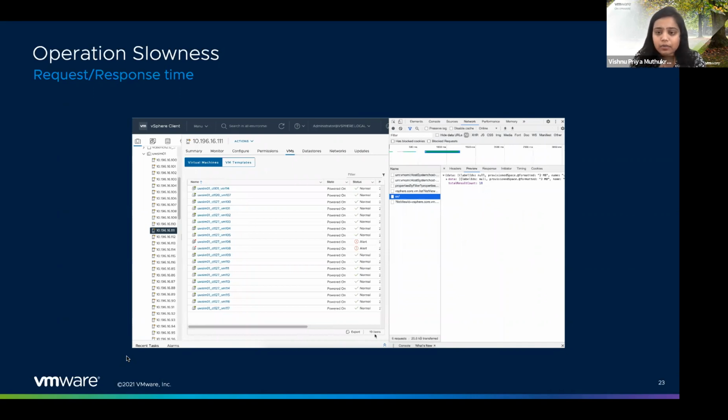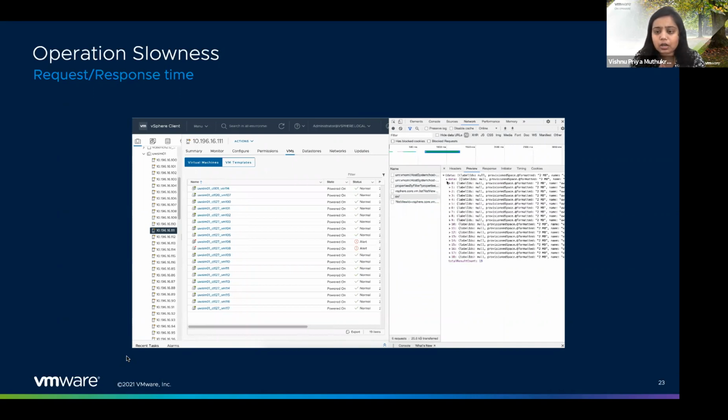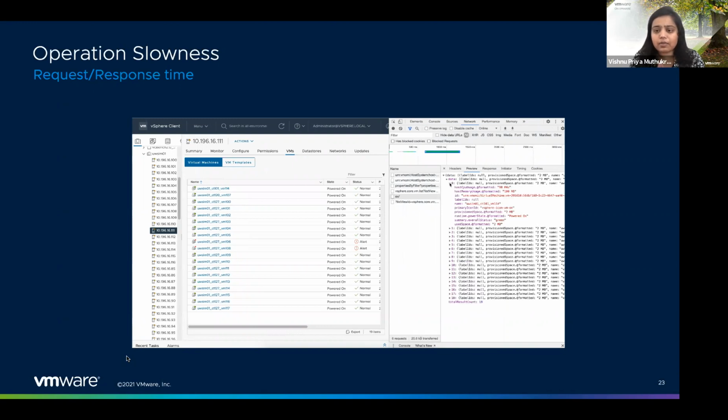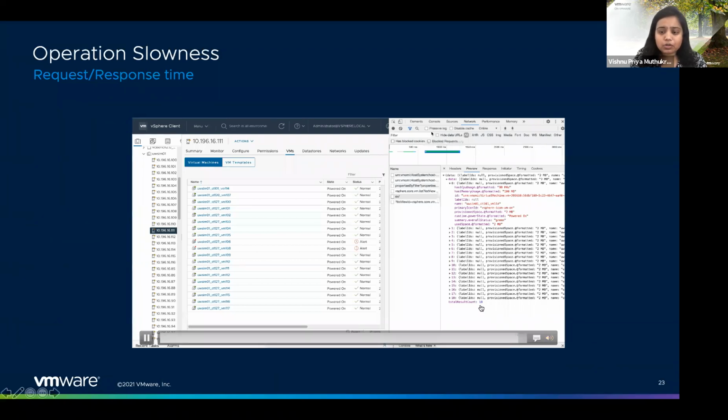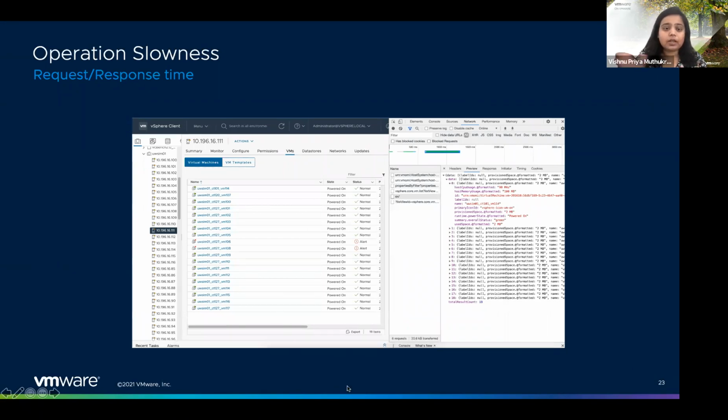In this case, you can see there is a total result count of 19, and there are several different objects that it's fetching from the backend. If you notice closely, there are about 19 requests here, and there are 19 VMs listed here. So this exactly corresponds to the metadata, the data that's coming from the